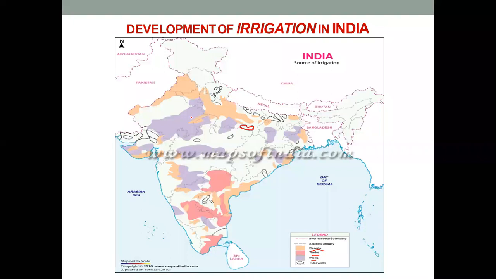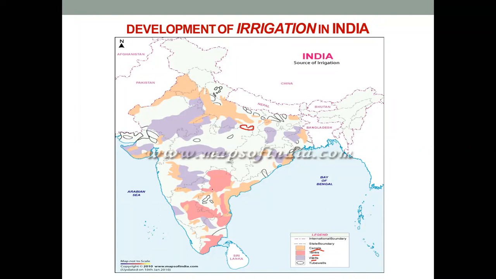If you see in the northern part, maximum amount of wells have been dug for the irrigation purpose. Basically if you see the area of Rajasthan, it is totally being provided irrigation water from the wells,